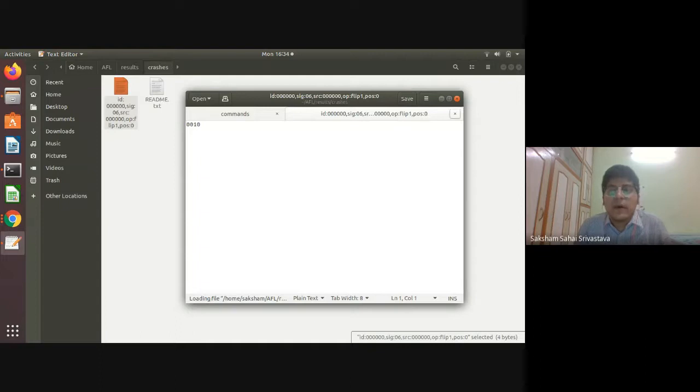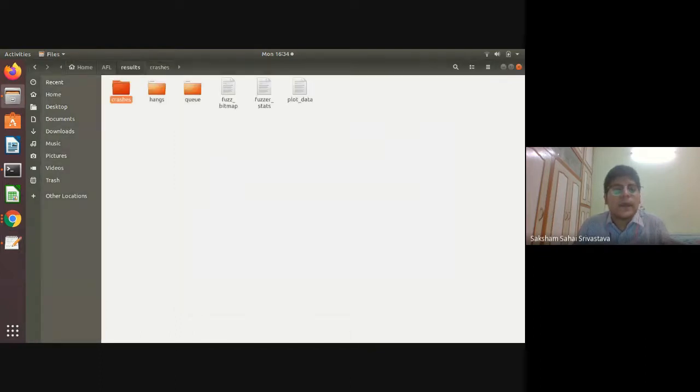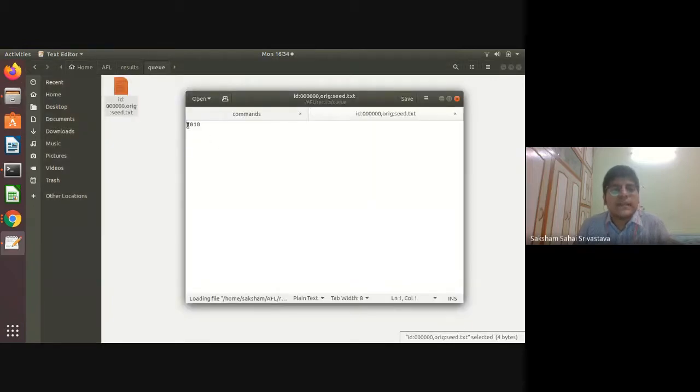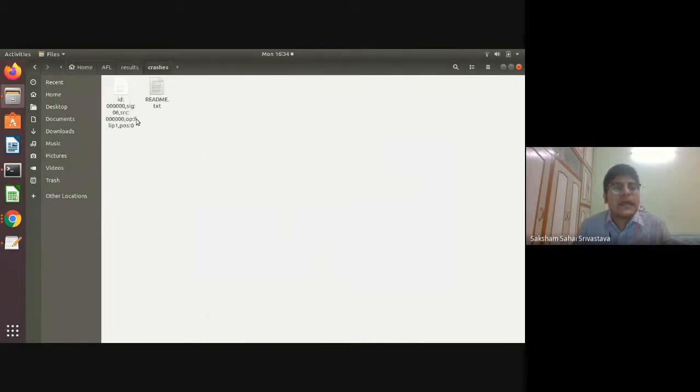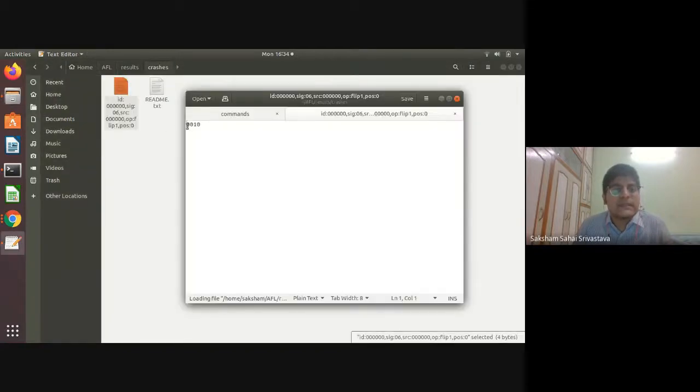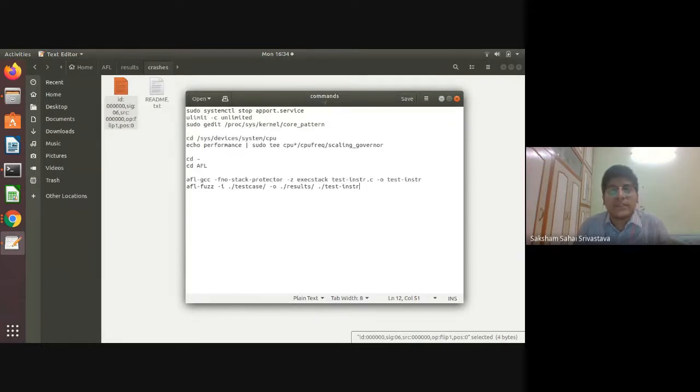Okay, now I'll show you. Now move on. We'll see the initial seed which we took for the first program. It was 10101. Okay, but here you can see 1010. So it means that some trimming has taken place over here. Okay, so this was the trim part which I wanted to explain to you. And then crash. So this test case was responsible for the crash of the first program, which I just talked about.